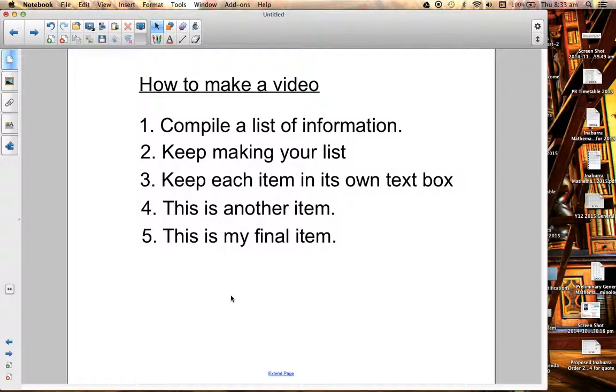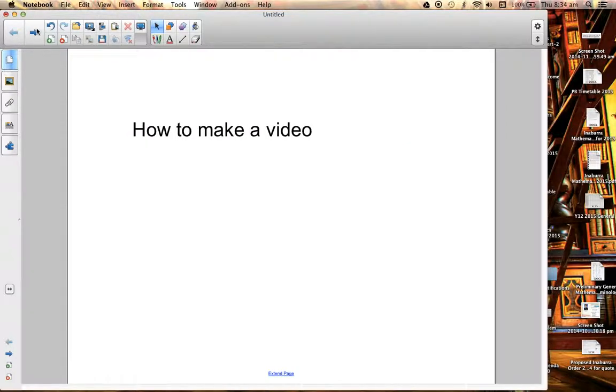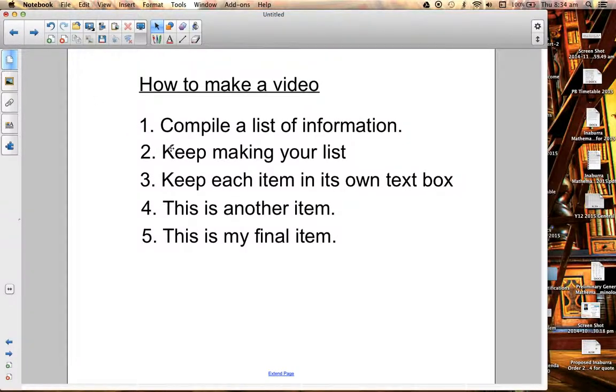Now here's the fancy bit with the notebook software, which really lends itself to making videos, and that is that we can clone these pages. This is my second page. This is my first one, how to make a video. My second one has my full list, including the heading there. Now if I clone this